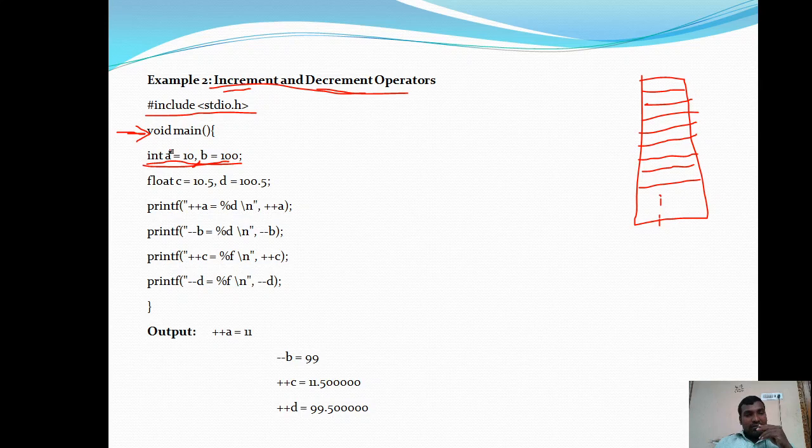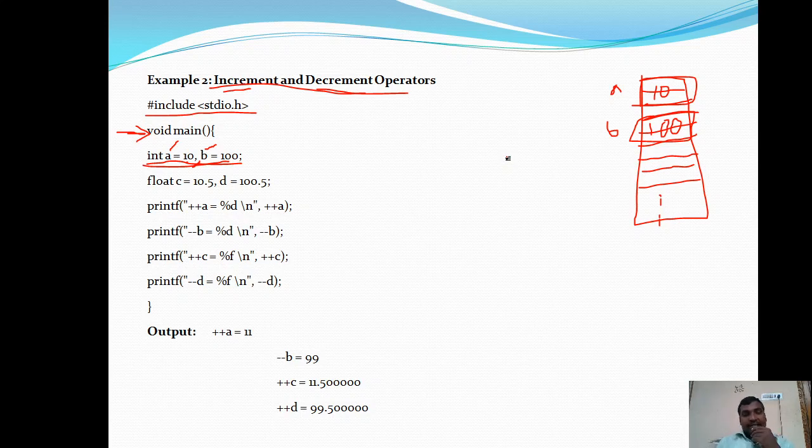These are the two blocks reserved for variable a, and these are the other two blocks reserved for variable b. In these memory locations, 10 and 100 are stored. So the values of a and b are 10 and 100 respectively.